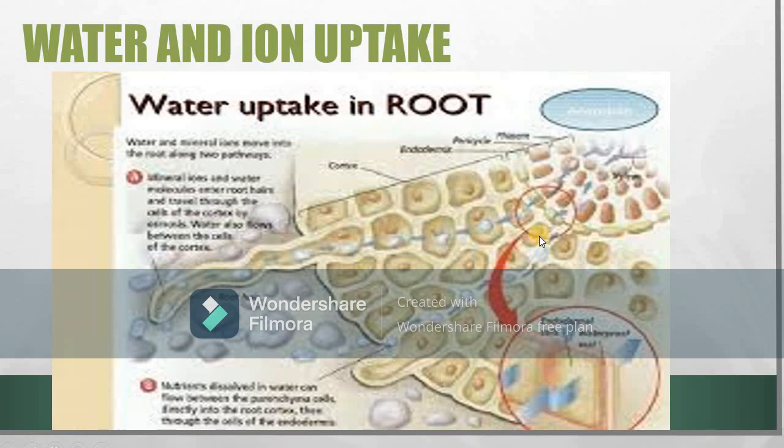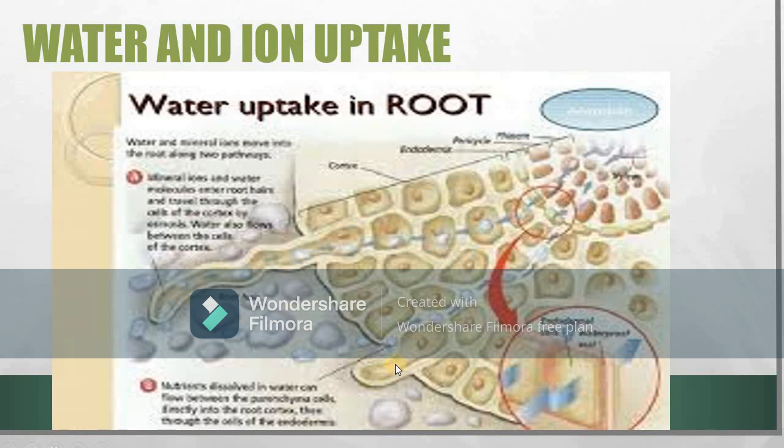Then after this, you can see the xylem and phloem are present on the inner side of the root. Then its outer layer is the pericycle. Outside the pericycle is the endodermis, which is a single layer of cells, and it surrounds the pericycle. External to this is the cortex. The cortex is made of large, thin-walled cells and is bounded on the outside by a single layer of epidermal cells. Roots also have clusters of tiny root hairs, as you can see in this figure.